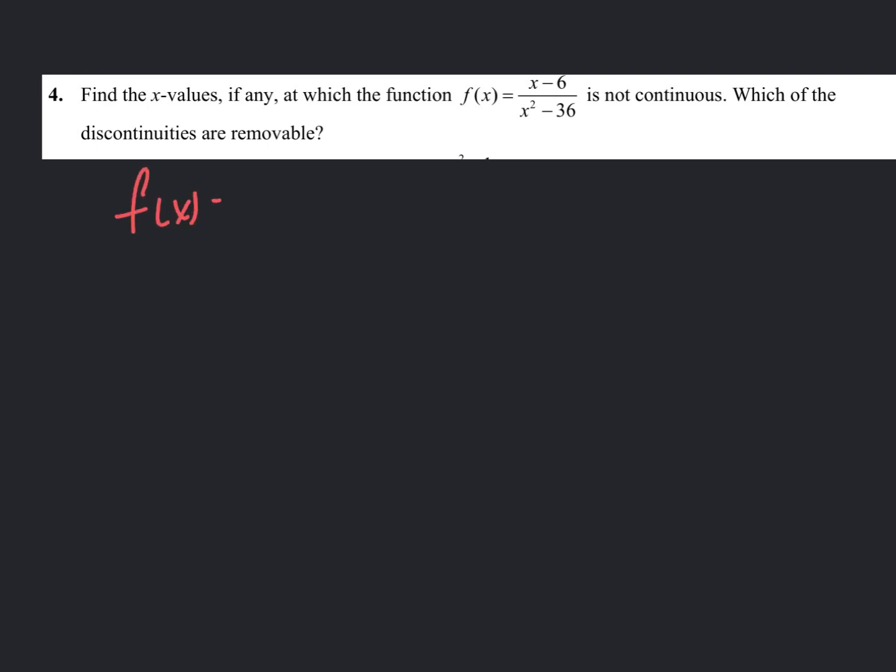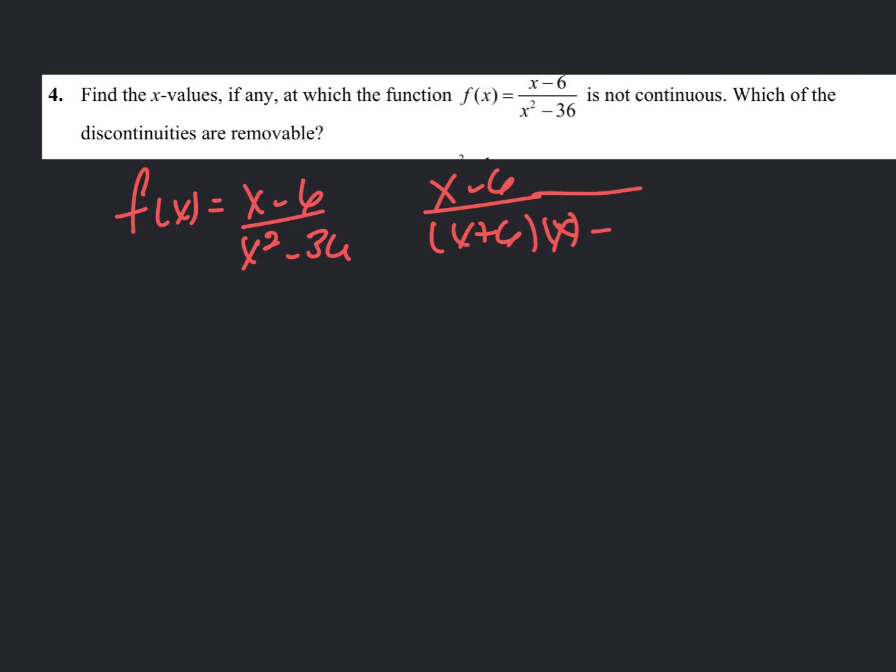f of x equals x minus 6 over x squared minus 36, which now we are going to factor, which is x minus 6 over x plus 6 times x minus 6, and that is a 6, minus x minus 6, which equals 1 over x plus 6, which is not equal to 6. So if anything,